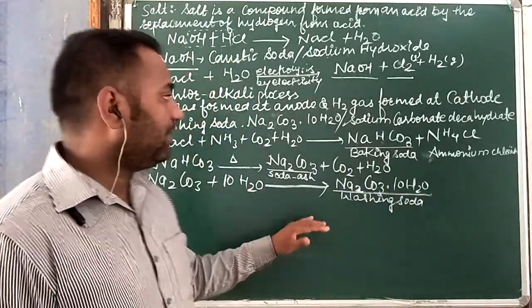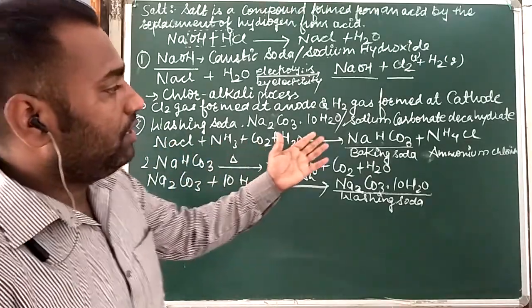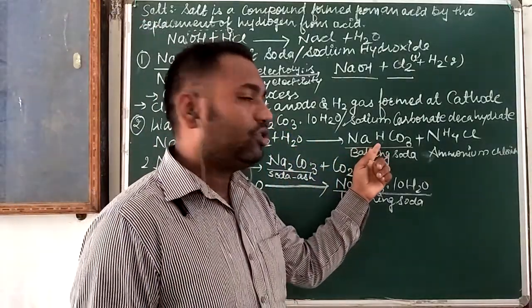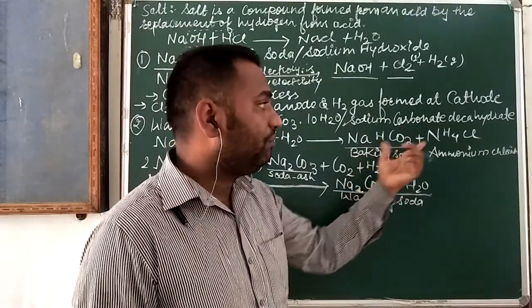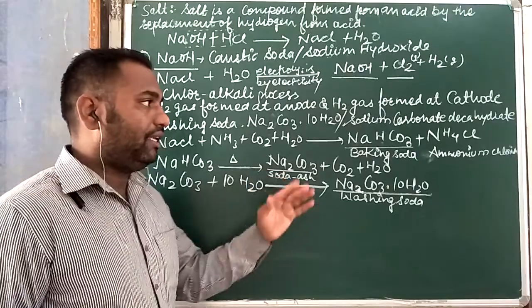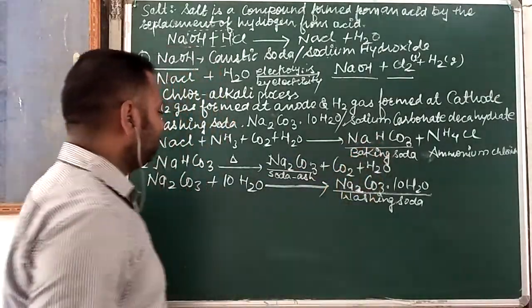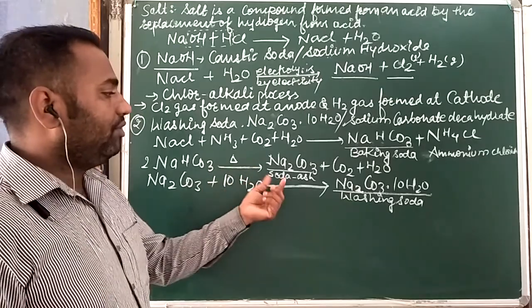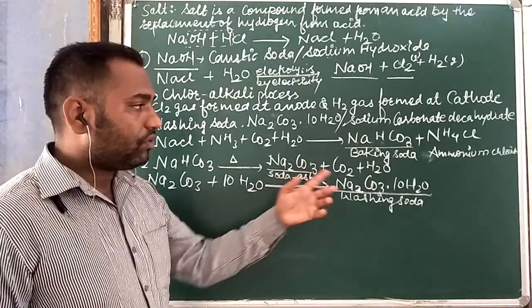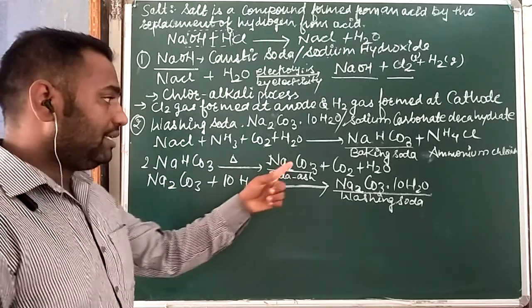I hope you understood about that. It means when NaCl, ammonia, carbon dioxide and water react, then formation of NaHCO3, that is the baking soda, and NH4Cl, that is ammonium chloride. We do not require any ammonium chloride here. Then we will heat this substance. When we heat this, we form soda ash, CO2 plus H2O, and this is also